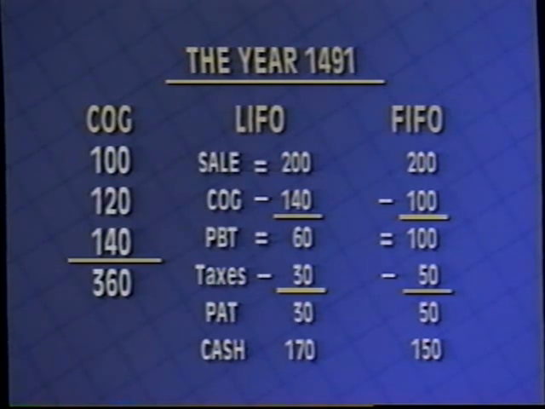Well, if inflation were to continue, the next pair of shoes might cost us 160 shekels. We wouldn't even have enough cash to replace the inventory we sold under the FIFO system. Whereas under the LIFO system, we could replace the inventory item we sold. It would cost us 160 to do it, and still have 10 shekels left to pay the bonus that we're